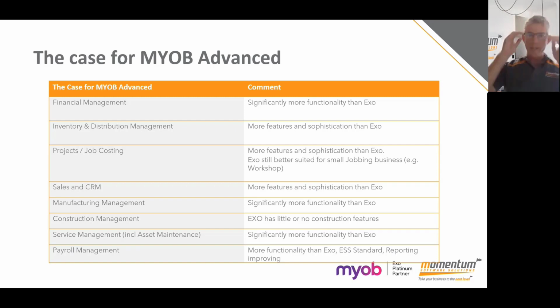Construction. Exo is not really a construction system at all. It doesn't really have, for example, progress claims, doesn't have compliant retentions, doesn't really have the ability to manage subcontractors and that sort of thing. About 12-18 months ago, MYOB released a construction edition of Advanced that has all of those things and a number of other things. A service management module, which is really for a field service-based business where you might have technicians in the field,